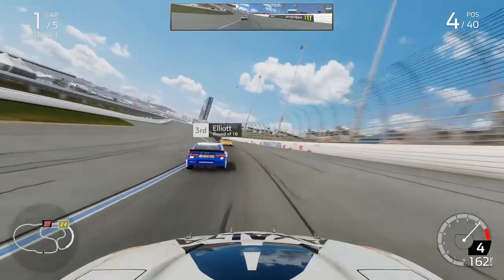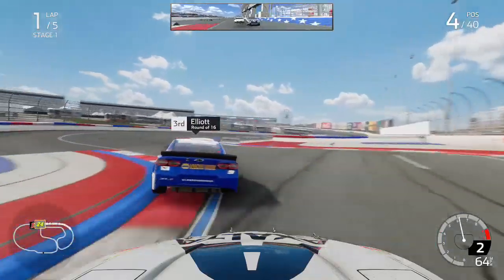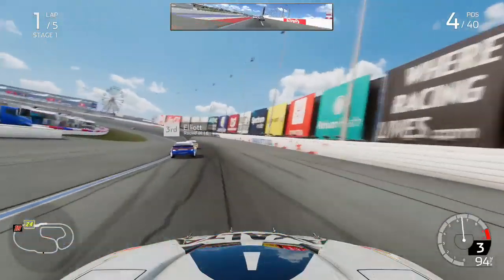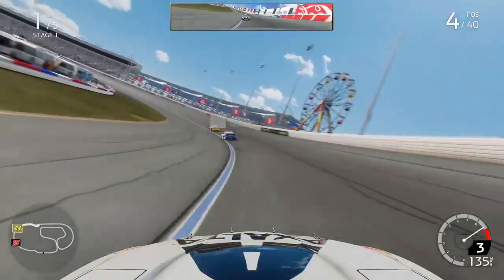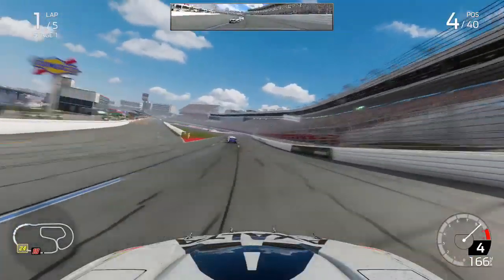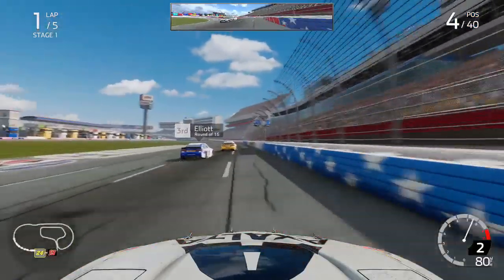But Martin Truex Jr., you can see he's already into the bus stop. So Martin Truex Jr. had a great opening lap here today at Charlotte, and it's clearly looking like Truex has a lot of speed to show at Charlotte now as we come through exiting the bus stop. A little bit loose on the exit there, but we thankfully would hang on to it as we come through oval turns 3 and down through oval turns 4. Harvick within 2 car lengths or so, trying to put some pressure on us as we come down into this final chicane, going in a little bit hot, still a little bit tough getting used to the new Charlotte ROVAL